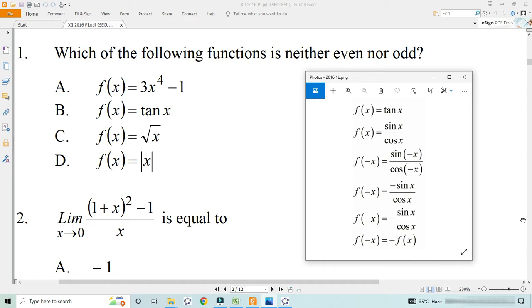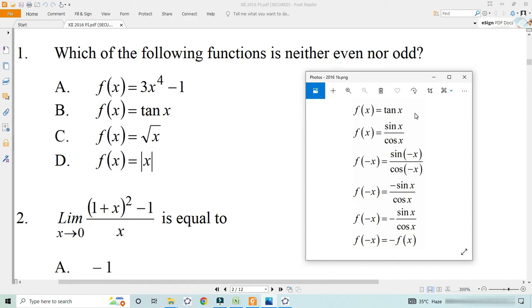अब सेकेंड फंक्शन कैन बी रिटन एज साइन अपॉन x, और अब जब हमने x की जगह नेगेटिव x पुट किया एंड आफ्टर सम सिंप्लीफिकेशन वी गेट नेगेटिव साइन अपॉन cos, which means negative of the tan x, which is negative of the given function. Hence f of negative x is equal to negative of f of x, which means the given function is odd